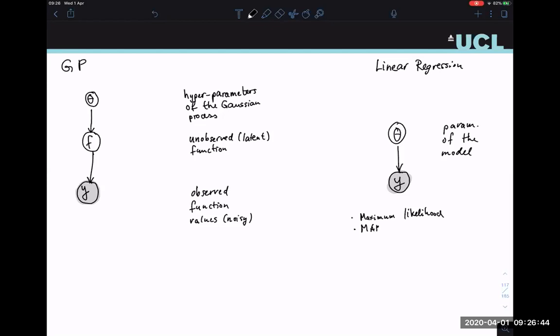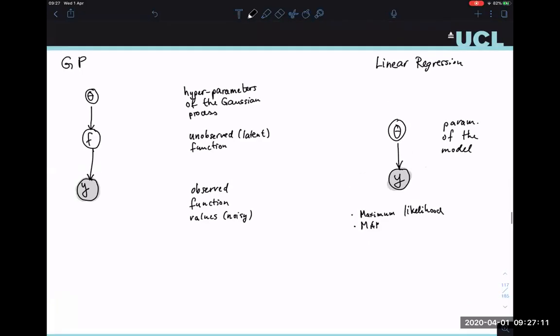Okay, somebody asked about cross-validation. We're going to get to this later, but yes, it's possible. So we did maximum likelihood and MAP estimation, and in the Bayesian linear regression setting, we were putting a prior distribution on these parameters, and then we were integrating them out. But effectively, if we look at only maximum likelihood and MAP estimation,